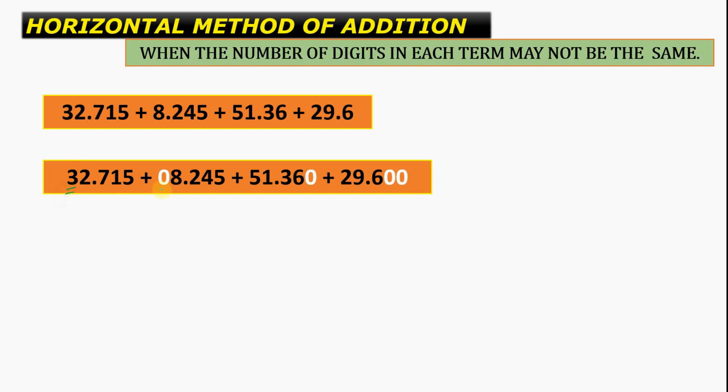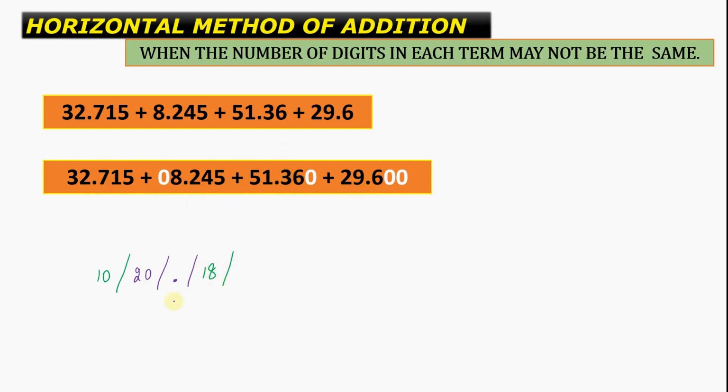First of all, we need to add these digits, 3 plus 0 plus 5 plus 2. So 3 plus 5 plus 2 will give us a 10, and we will write 10 at this place. Now we need to add 2 plus 8 plus 1 plus 9. So 2 plus 8 will become a 10, and 1 plus 9 will become a 10. So 10 plus 10 will give us a 20, and we will write 20 at this place. Now the first significant digit after the decimal, that is 7 plus 2 plus 3 plus 6. So 7 plus 3 will become a 10, and added 2 plus 6, so the answer will be 18 at this place.